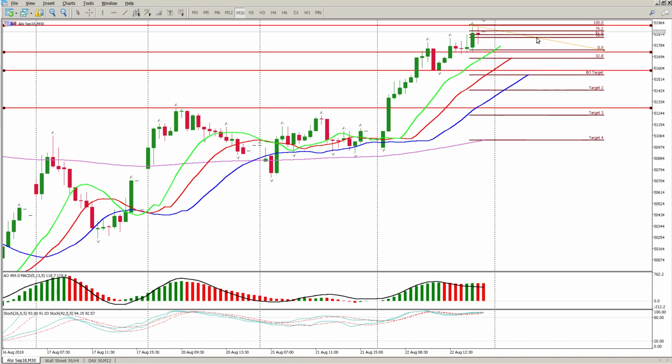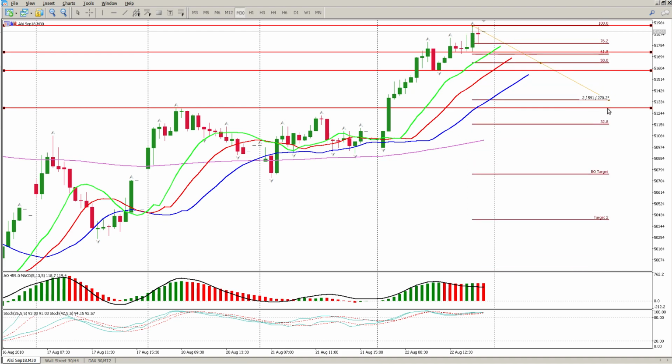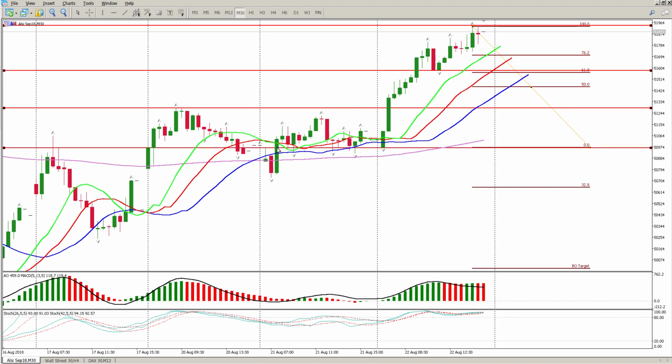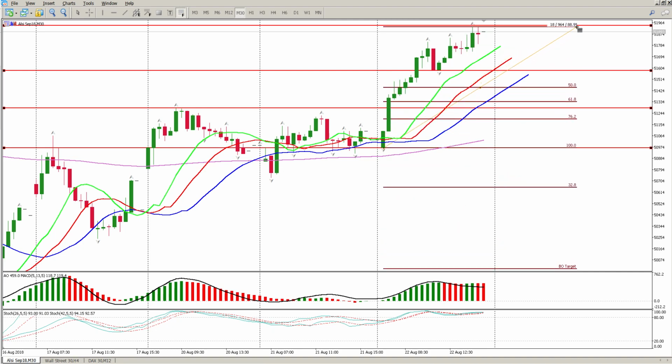so that's that scenario, and then what I want to do is just pull this down to here, and we can use that line there. Right, okay, so the 61, oh, we've got this the wrong way, sorry. Just delete that, and let's put it in over here. Okay, so the 50% and 61% retracement of this up move is pretty much